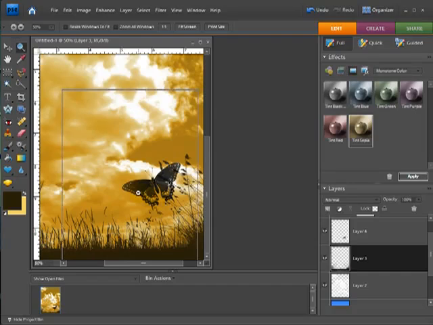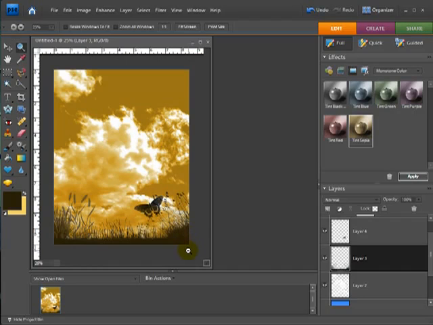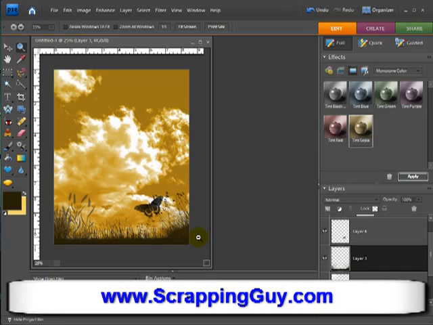There's a background that we can use for our scrapbooking project, and all I used in Photoshop Elements was the brush tool and some cool brushes that I downloaded from the brusheasy.com website. If you want to see more tips for your digital scrapbooking projects, go to www.scrappingguy.com and you can see some